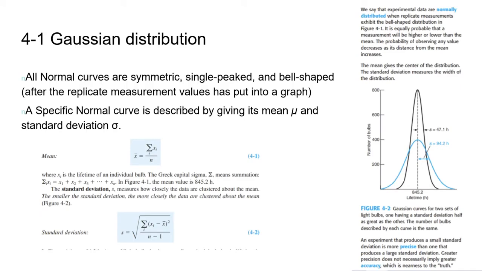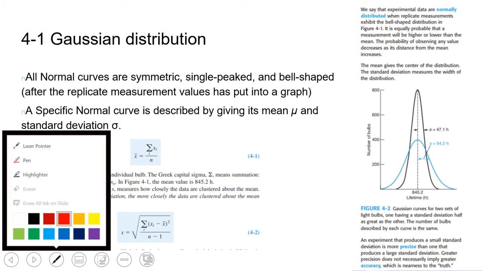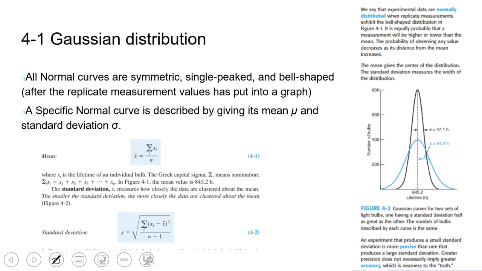In 4.1, they talk about Gaussian distribution. Essentially, Gaussian distribution is a normal curve. So Gaussian distribution, normal curve, they're all the same thing. And how this Gaussian distribution is produced. Basically, this Gaussian distribution or normal curve is produced after the replicate measurement values have been put